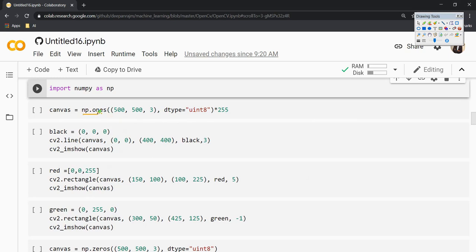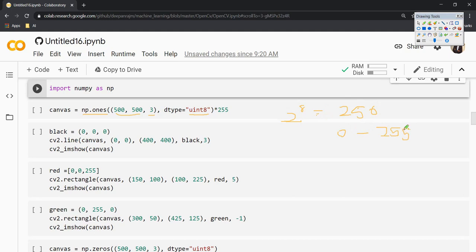This is nothing but creating an array which is going to be filled with ones, and after that these two parameters represent the width and height of the image, and this is the channel of the image. Since I'm going to use a color image, I'm going to use 3 channels, which is nothing but RGB. And here I'm using a data type known as unsigned integer of 8. Unsigned integer of 8 is 2 power 8, which is a total of 256 values, which can be broken down into 0 to 255.